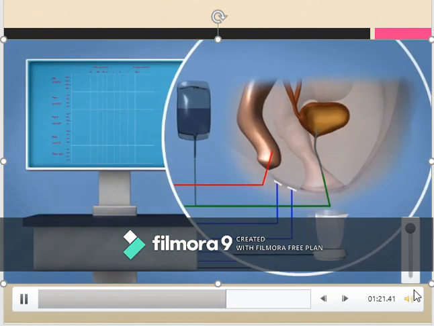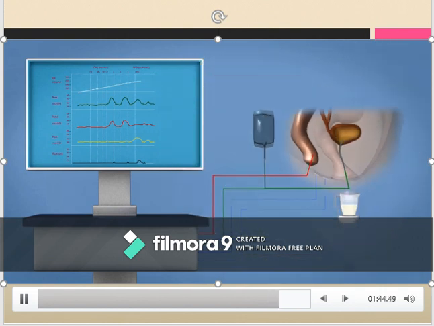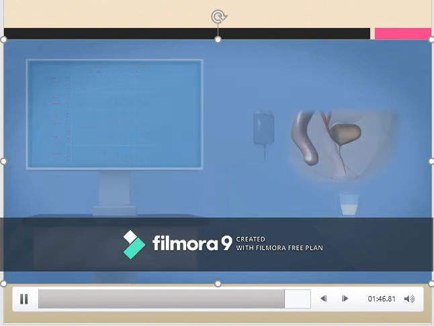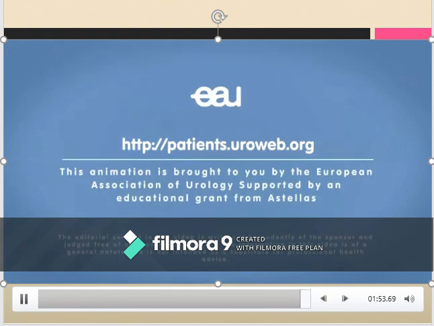Your doctor will fill your bladder with sterilized fluid using the catheter. You will be asked to cough or bear down to test your bladder reaction. Your doctor will check if there is any urine leakage and if you feel the need to urinate. When your bladder is full, you will be asked to urinate while the pressure is being measured. The catheters and sensors will be removed at the end of the cystometry test. After the tests are done, your doctor will discuss the results with you and any further treatment you may need.